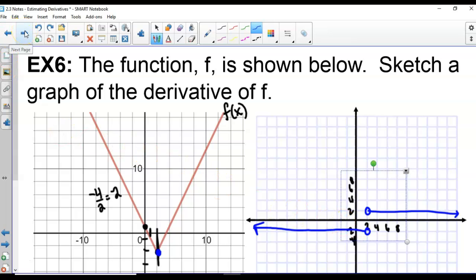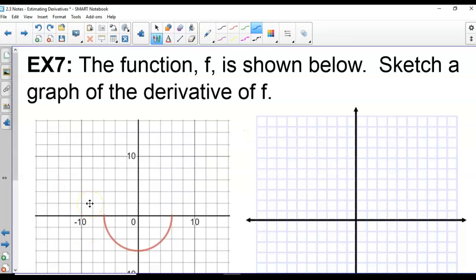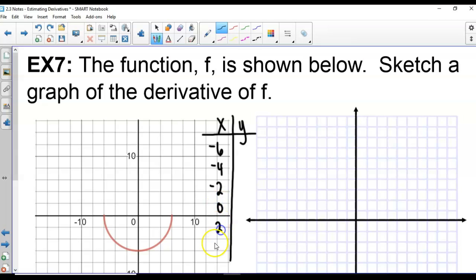Okay. This next one, I think, is harder. I'm going to make myself a little table here, and I'm just going to make some guesses at this. This graph goes from negative 6 to positive 6. So I'm just going to use negative 6, negative 4, negative 2, 0, 2, 4, 6. I'm just going to take some guesses. So, right here,